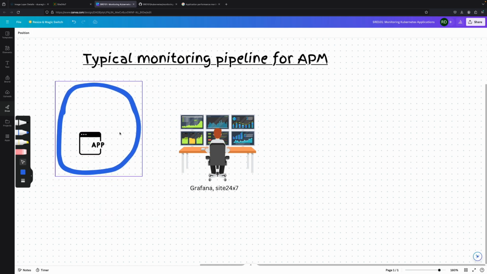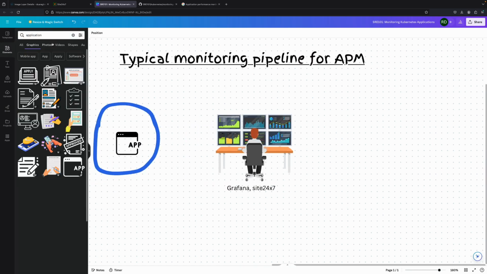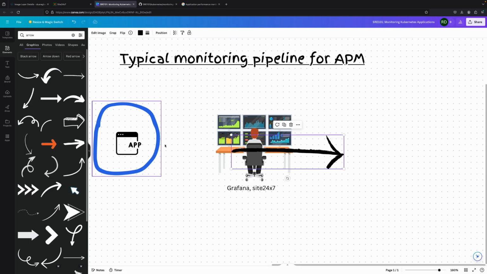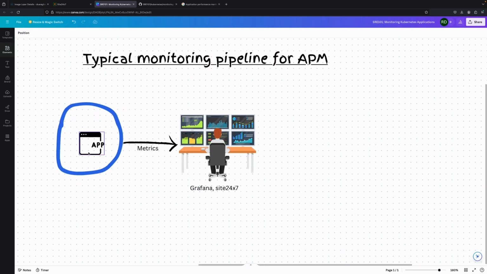So now what we want to achieve is to ship the metrics from this app to the central monitoring system. Here's what we want ultimately. Now, one important part that enables all of this metrics shipping from the application to the central monitoring system is